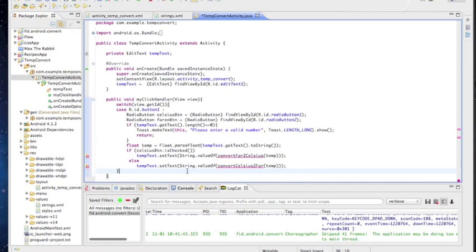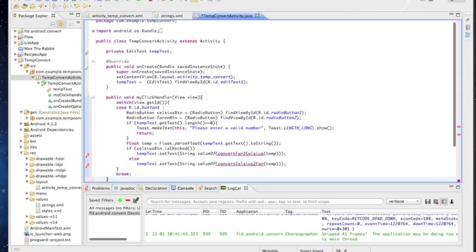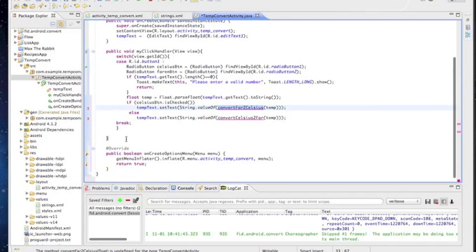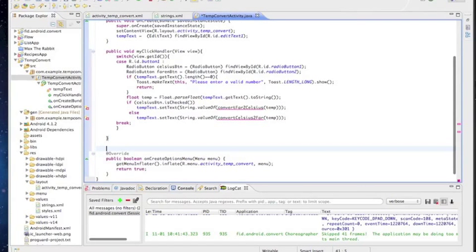So then the next thing that I want to do, well, I want to break. Remember I'm in a switch case scenario here. So I'll break, and then what I want to do here is create these methods, convert from Fahrenheit to Celsius and the other one. So I'm just going to say here break. I'll create these methods,